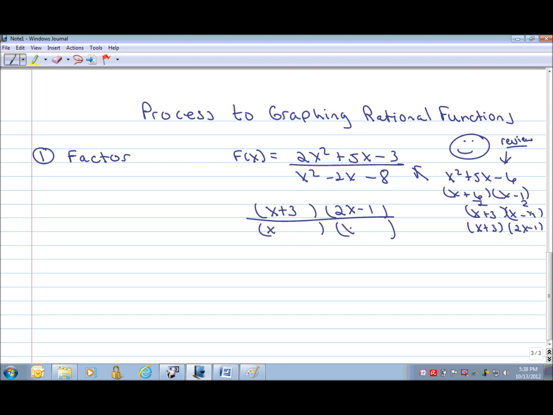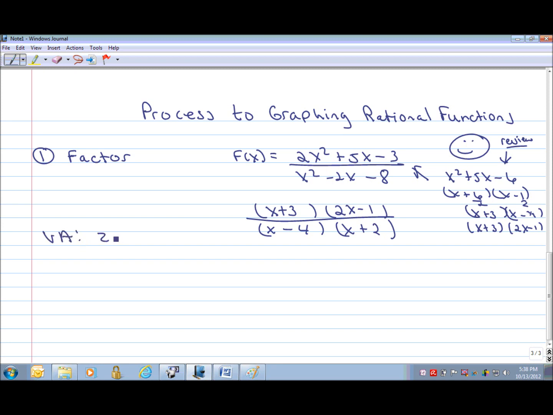We have an x and an x, multiply to negative 8, and of course add to negative 2. I believe that would be negative 4 and a positive 2. All right, so now we have everything factored. We're going to identify your vertical asymptotes